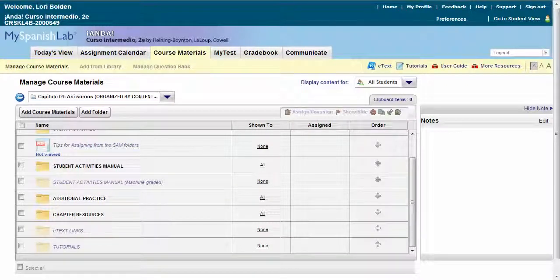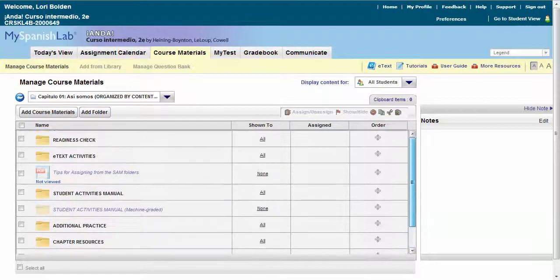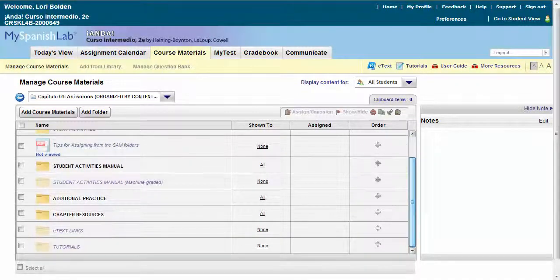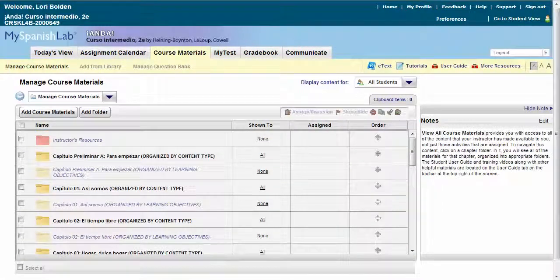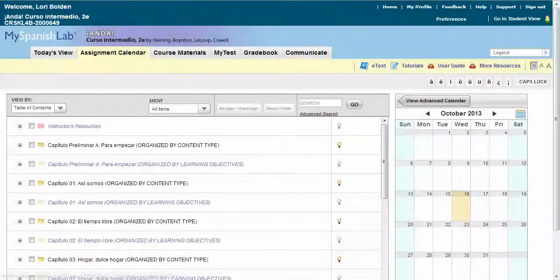So I also want to show you how to show students what they need to work on in class. Again, I can go through more of these folders in person and more about what's in each folder here, or set you up with an account so that you can go into them yourself. But for students, you may be wondering how you're going to show students what it is that they need to use in class. What you can do from your account is go to the Assignment Calendar tab,